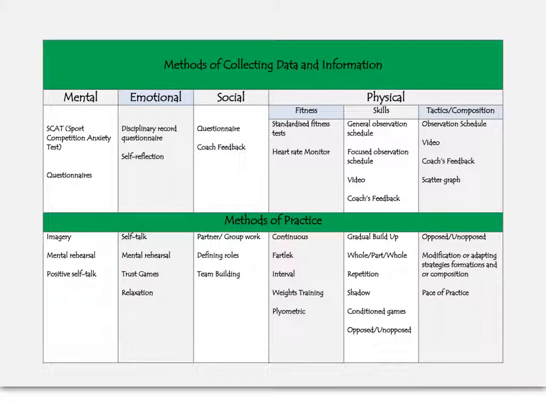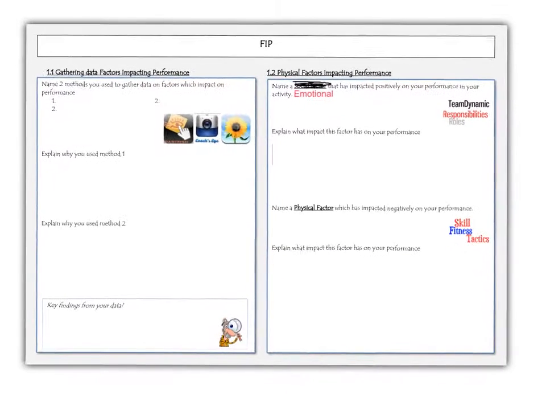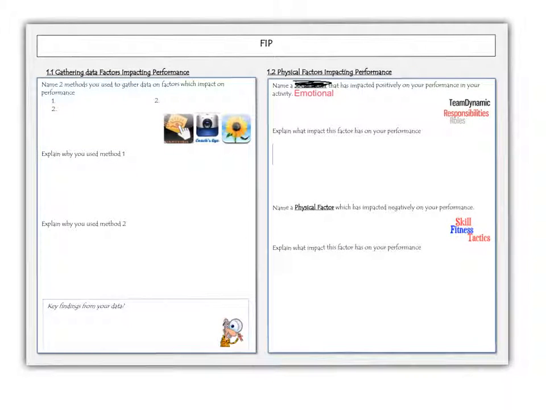On page 3 we've got information on methods that we could use to gather data on our skills in badminton, and we've also got information on methods we could use for emotional factor, and below that we've got example methods of practice that we could use to develop our skills in badminton when you're undertaking some of the questions. So to start off with, I'm going to give you some tips on how to answer outcomes 1.1